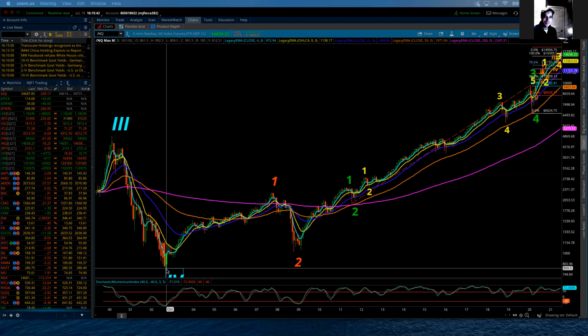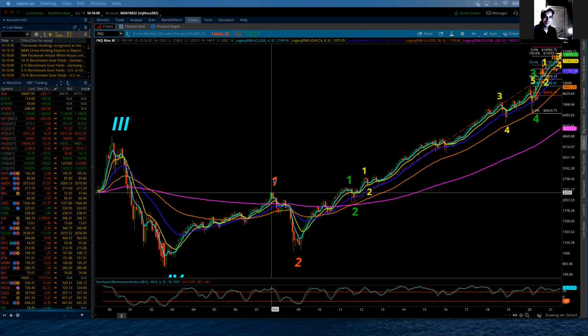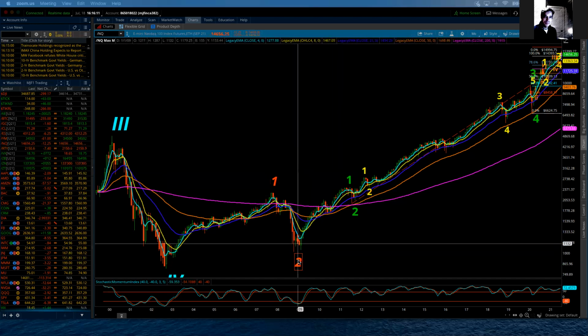So in essence, supercycle degree is going to have 5 waves of supercycle degree. Within the waves 1, 3, and 5, there are going to be 5 waves of cycle degree. And in a corrective wave, which is going to be waves 2 and 4, there are going to be 3 waves of cycle degree. So right now we have cycle 1 and cycle 2 done, and so we're in cycle 3, which is an advance, and it is going to consist of 5 waves of primary degree.